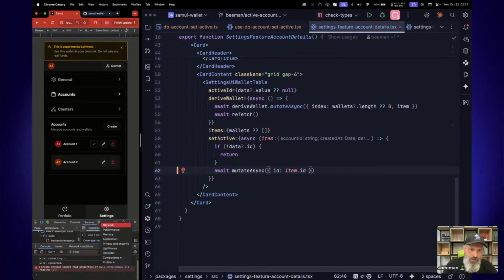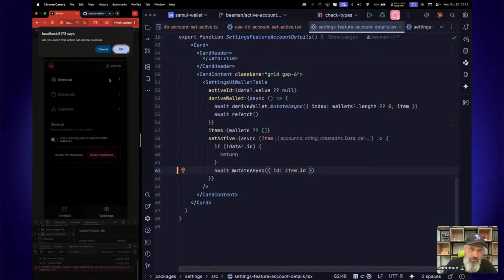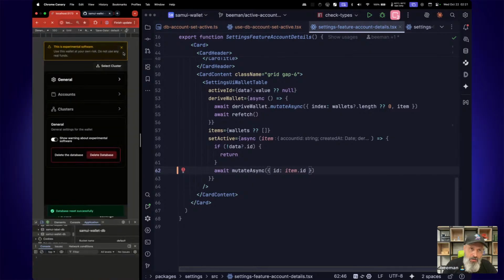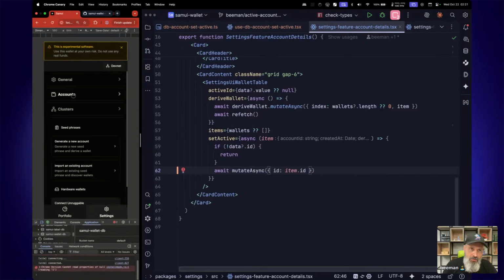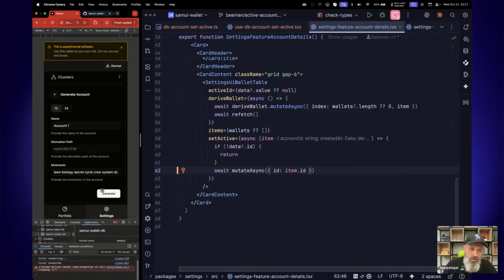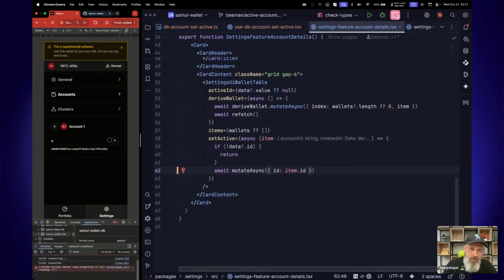I'm just going to clean up the database and figure out if that's, I just have a function for that. I'm going to clean up the database. I'm going to go to accounts, create a new one, derive a bunch of wallets, and then create a new one, account 2, and here as well, derive a bunch of wallets. And now I'm going to be switching. Okay, so this doesn't work. Let's